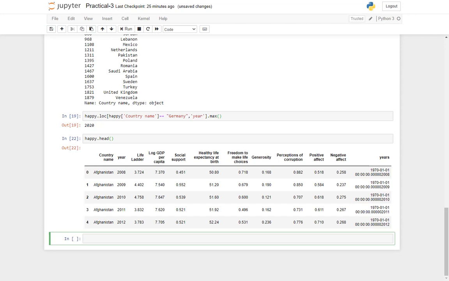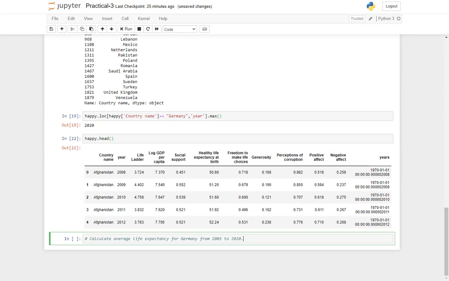Now what I want you to do is a small assignment which you have to perform on your own and attach it. The result should be attached at the end. You have to calculate the average life expectancy, sorry, spelling is wrong, expectancy for Germany from 2005 to 2020.